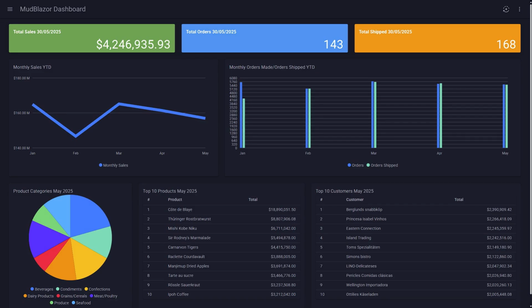In this episode, we are going to take a look at how we can build a Blazor dashboard using MudBlazor